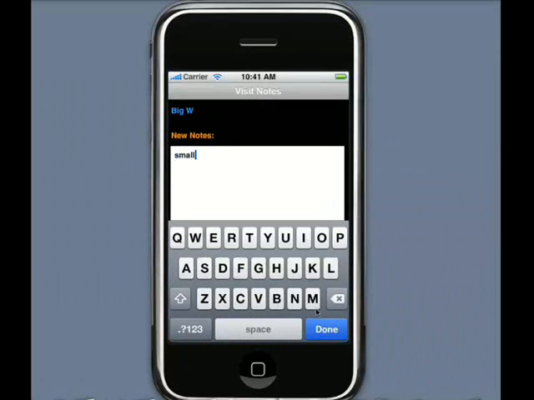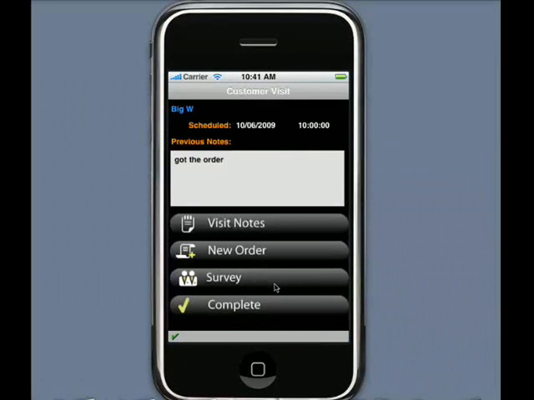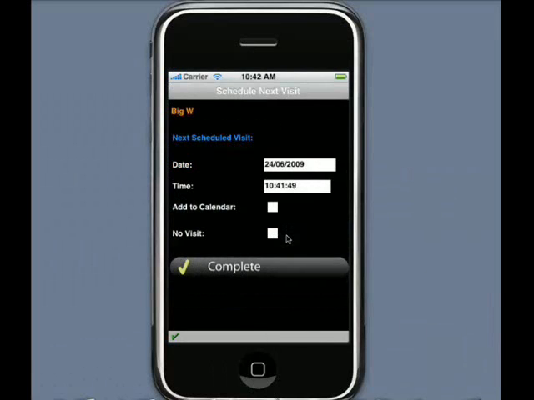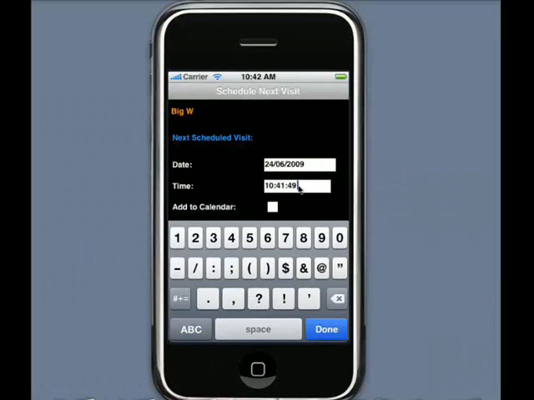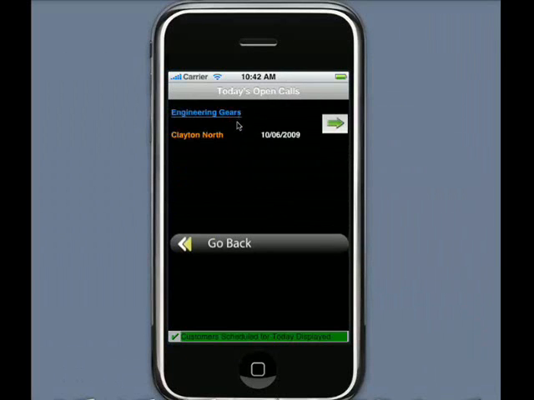I got a small order this time, so I can record those details. I can go back now. I don't need to do a survey today, so I can skip that task and I can complete. Am I sure? Absolutely. When do I want to see them again? Well, I see them fortnightly, so it's calculated the date and it's calculated the time. I can make that a nice round number. Done. That's now complete. My visit process has now been executed, and you can see it's been removed from today's